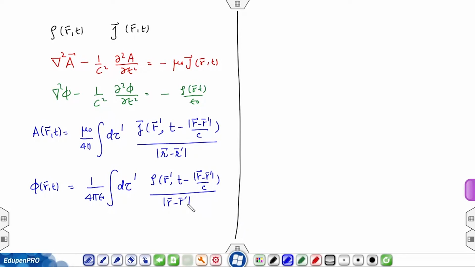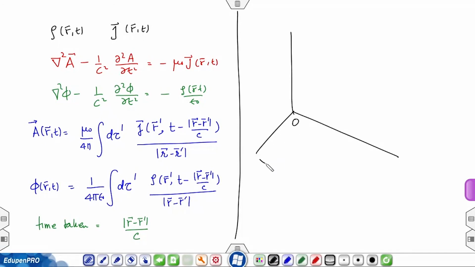So, whatever potential I am observing at a certain point starts from a source at a distance r prime and takes some time to reach the point where I am observing it. Time taken is modulus r minus r prime over c. And now one can superpose the solutions coming from all these places and get the final answer. Pictorially,